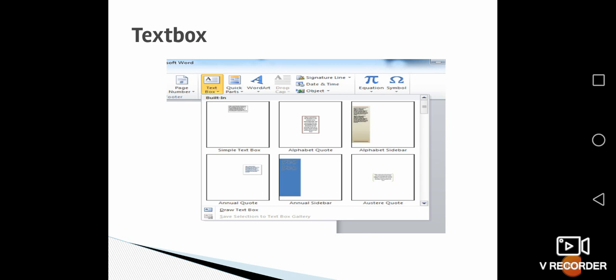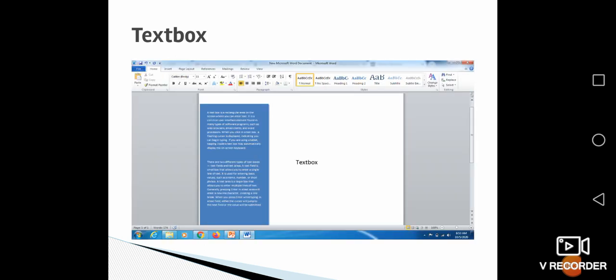You can create your own text box if you like. I've chosen annual sidebar. As soon as I click this, the selected text box will appear in the document pane. You can give your own information in that, and you can fill the whole page with the data that you prefer.